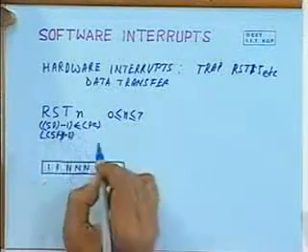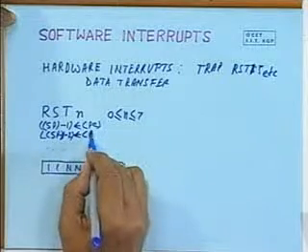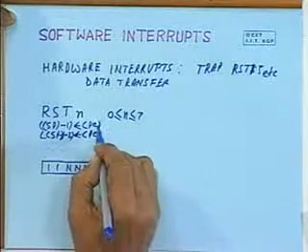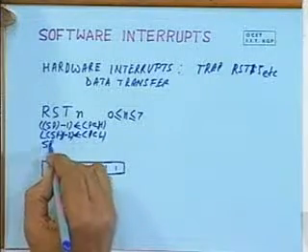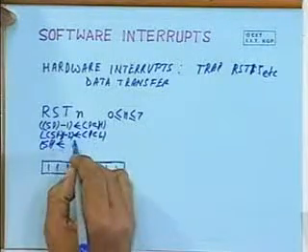Program counter low and program counter high are stored there. Then the stack pointer is decremented by 2,